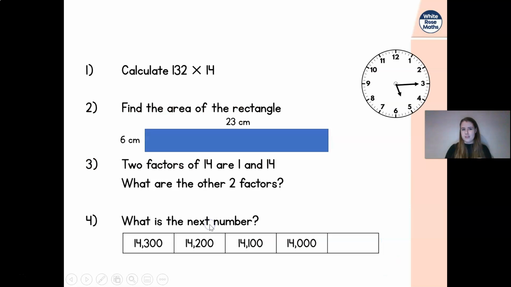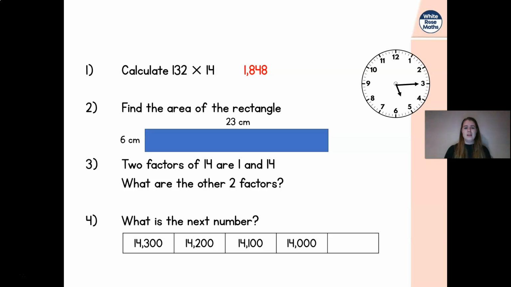So let's wake your brains up first, shall we? Let's do some multiplication questions. Set yourself a timer for 5 minutes, pause the video and have a go at these questions. Okay, calculate 132 multiplied by 14. So we're using our long multiplication. Your answer is